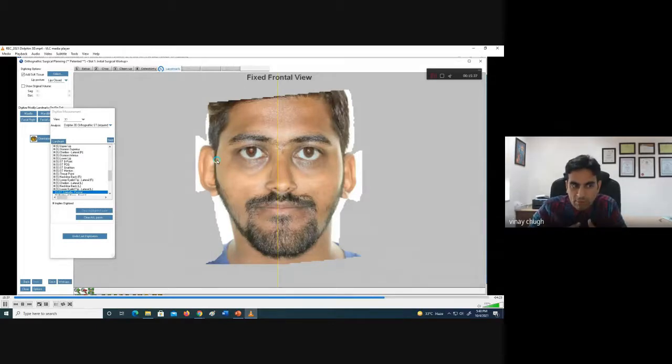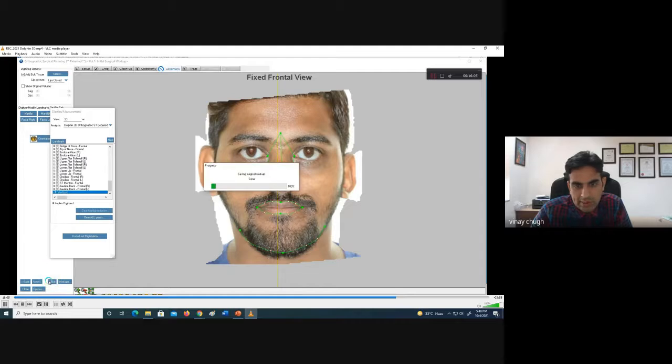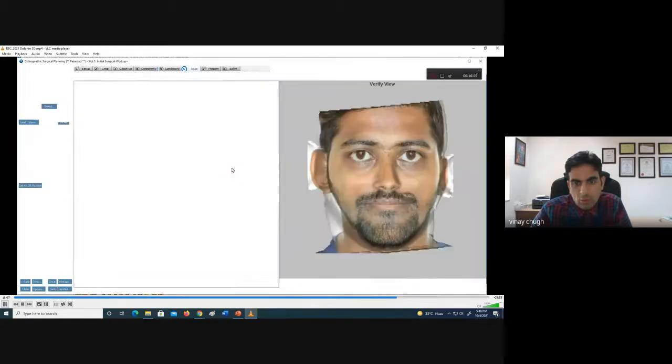So if we have not marked the soft tissue landmarks, then the accuracy may not be there. That is why soft tissue marking of these landmarks is also an essential part of this treatment planning. So we are marking all these nasal and the lip structures on the lateral aspect and then onto the frontal aspect. Now you can see the software is automatically making the nose and the lip part. More or less they are accurate. And then once we are done with it, we go to the next step.